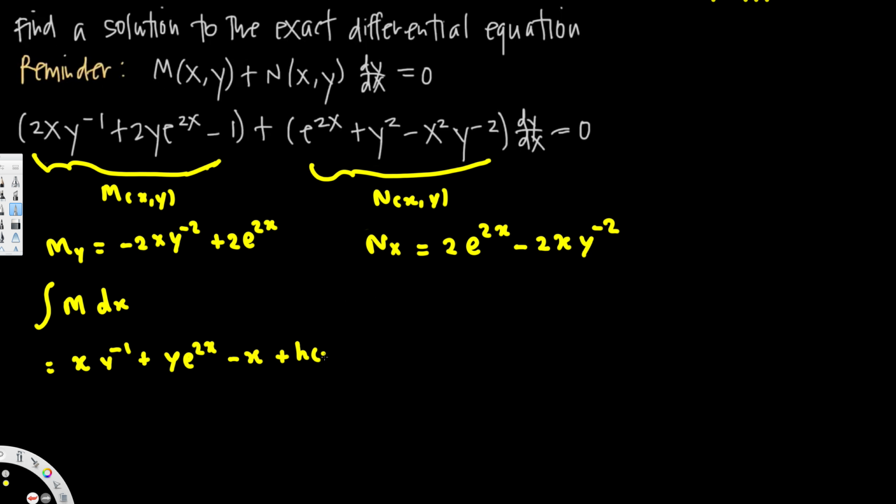So let's say h of y. After that, what we have to do is, now we have integrated this one with respect to x. Now we have to find the derivative of this one with respect to y. So let's go ahead and find it. If you find the derivative of this one with respect to y, let's call this one psi y, right? We treat x as a constant, and this is going to be minus x